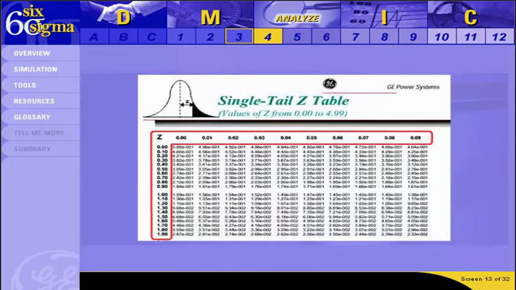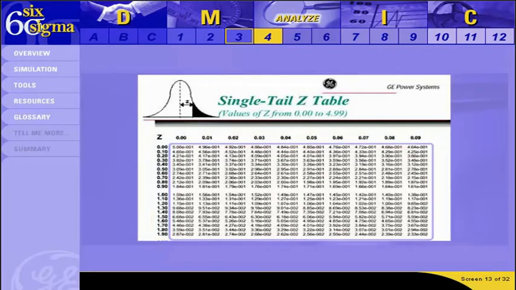The left-hand column and the top row contain the z-score information. The rest of the chart consists of the probability of producing a defect in the process, which is often referred to as a p parenthesis d. Now let me show you how to use this table to find a defect rate, or p parenthesis d, of